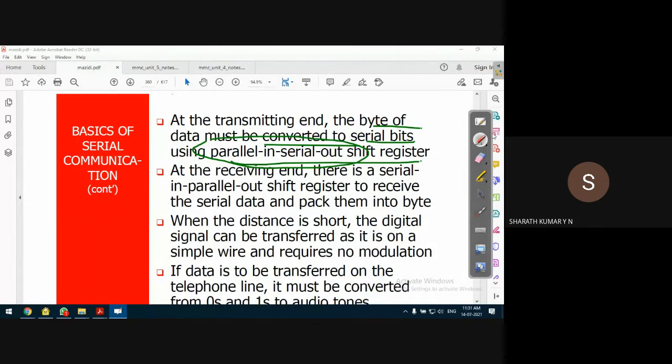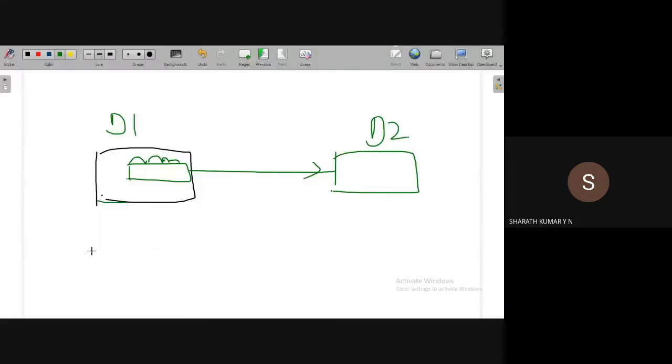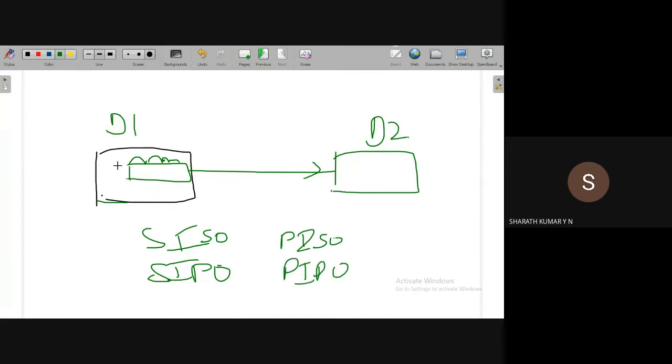So we have come across 4 types of shift registers. 4 types means 4 modes of operation: serial in serial out, serial in parallel out, similarly parallel in serial out, and parallel in parallel out. Since here serial data is to be transmitted, in other words the data is to be transmitted in serial fashion, whatever data is available, say 22H, for example, has to be converted into serial data. That means first 22 is stored in the register, that is 0010.